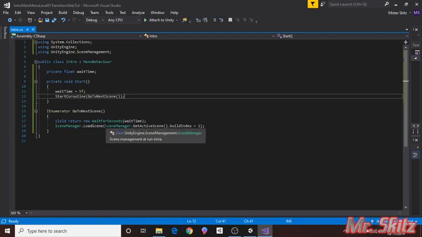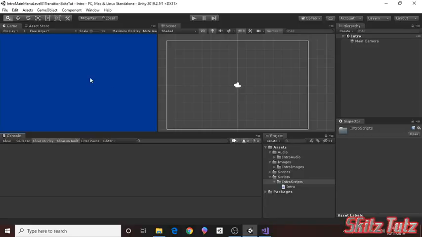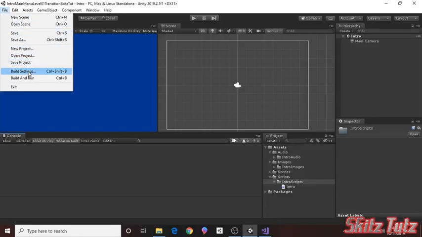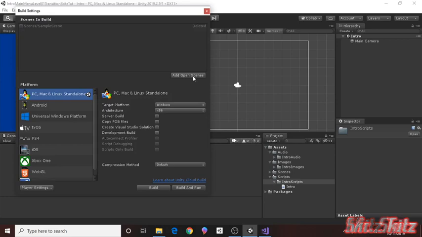This right here, it's going to get the active scene, so it's going to find out the integer of what the scene is by the build index. The load scene is going to load whatever the build index is plus 1. So what this actually is, when you go to build settings and I add the open scene, my scene is called intro, which I recommend you using. It has an integer of 0, so when it adds 1 to that,